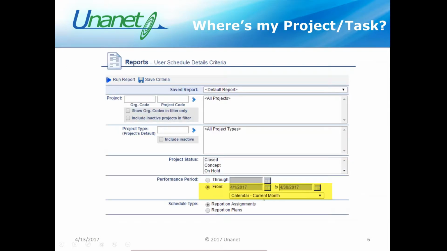And so I'm just going to look at what I have as this current month, because I'm entering time on this month, and I want to make sure to see if I have an assignment for that one that I expect. So I'm going to say run it for this current month. Report on assignments is already clicked by default. And so when I run this report,